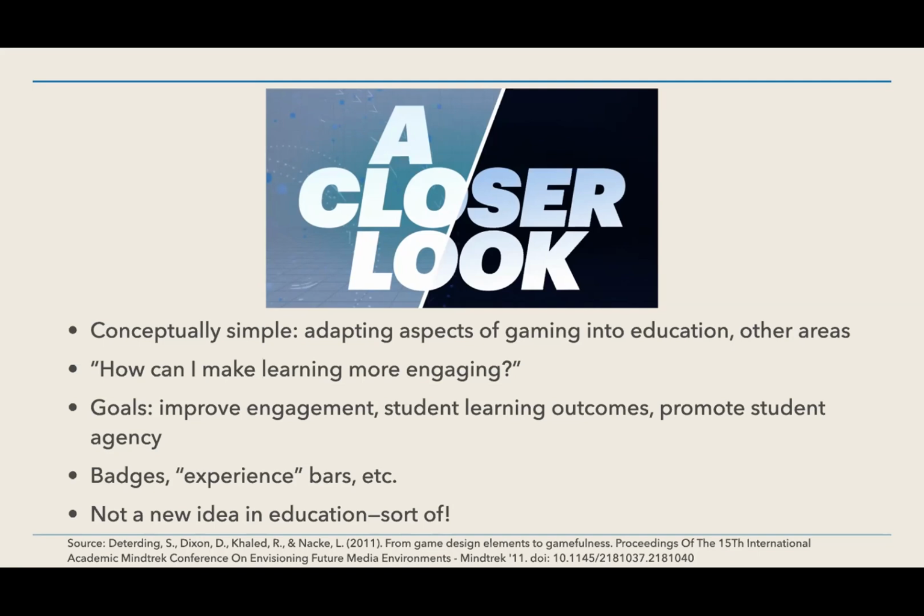But if it's not, all it really is is like a progress bar, like the download bar when you're waiting to download something from a website. So really, when you think about it, gamification isn't a new concept at all, but at the same time, the applications of it, as we've seen in this literature, for instance, by Detterding, which I quoted at the bottom, involve a lot of discussion about earning trophies and so on, which have parallels in, say, online environments